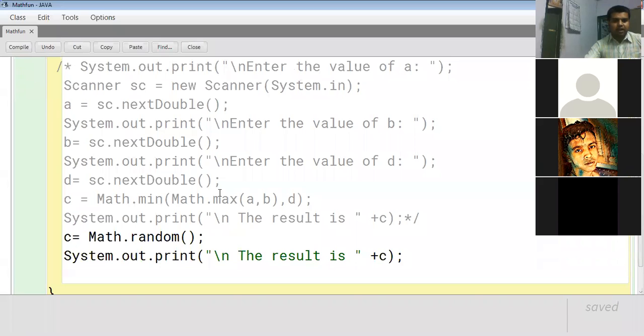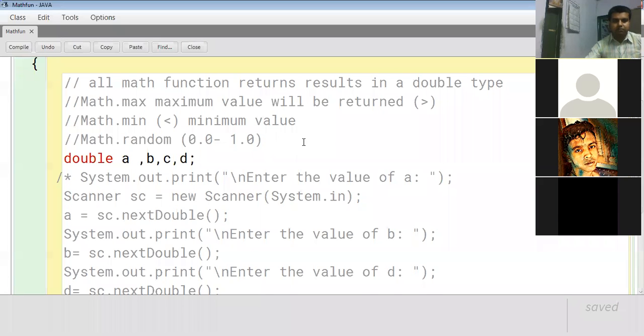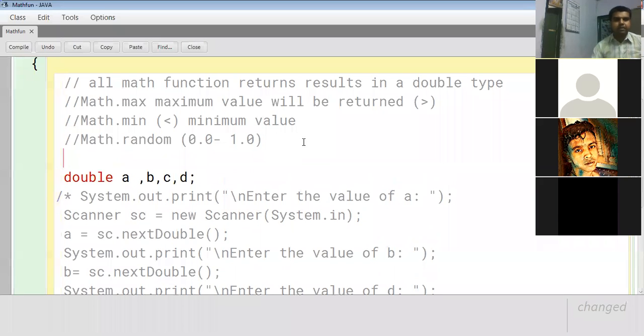Now after math.random, we have another mathematical function which is very common to you because you have already used it. That is math.sqrt.